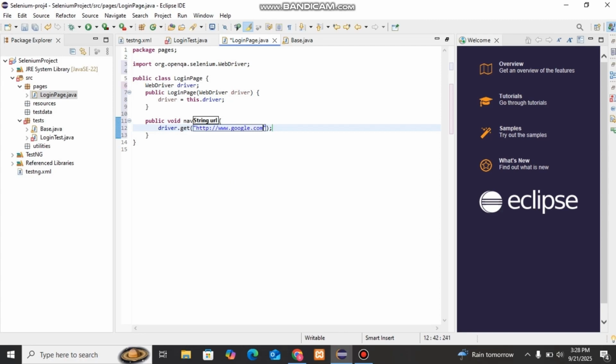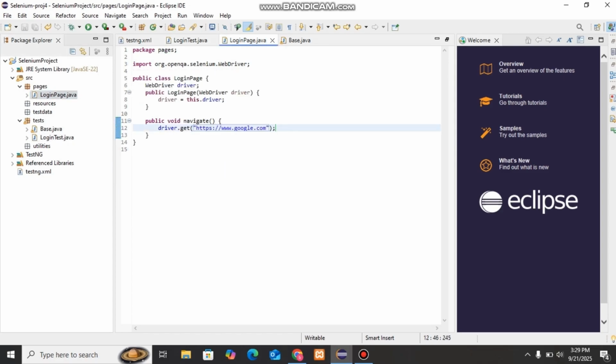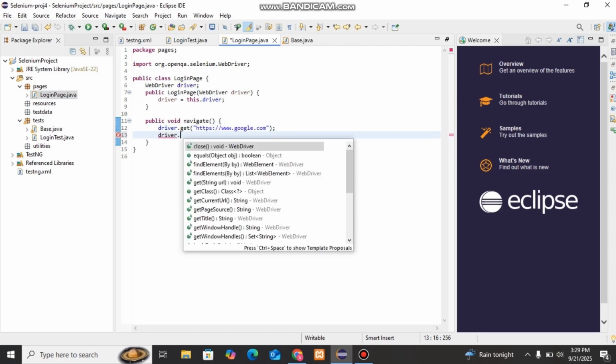We can modify it to HTTPS because Google is a secured website. So from this framework I initiated setup, created the login page and navigated to google.com, and we can write relevant methods like driver.findElement by id